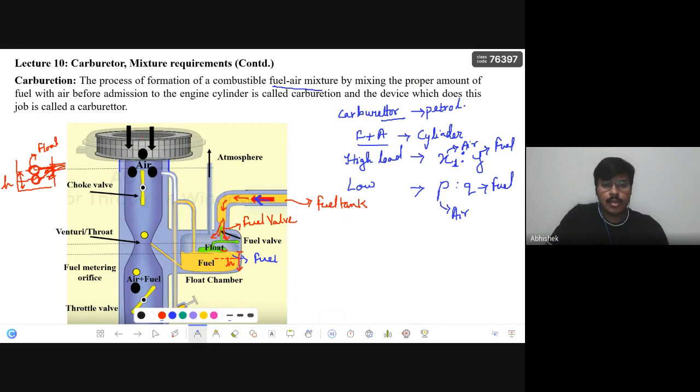Now this is a strainer, or let us say a filter. If you see bikes, you can find these air filters. There are many dust particles in the air, and we don't want the dust to go inside the engine. So this is the air filter. You can find it very easily in a bike; from outside you can see the air filter. Through this,